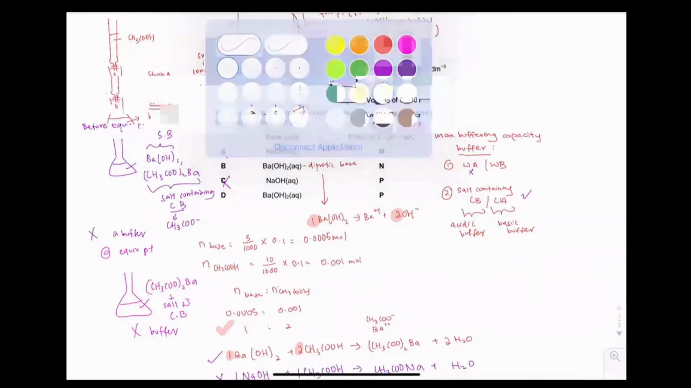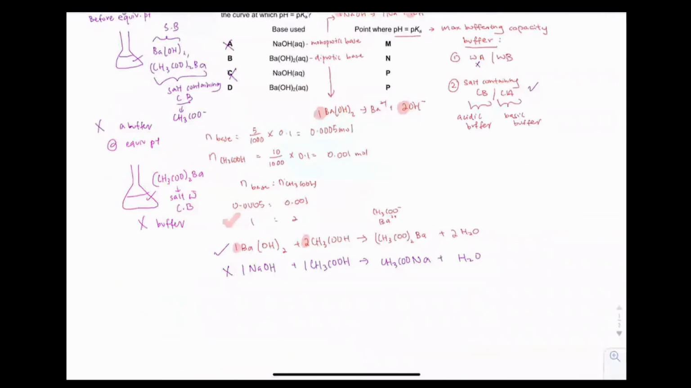Then, the last situation is after equivalence point. So after equivalence point, I will have my salt containing conjugate base. And then, from the burette, I will have weak acid coming in. Now, for this weak acid coming in, there is no base to neutralize it, because at equivalence point, all the base has been neutralized already. So therefore, I will have the salt plus the weak acid,